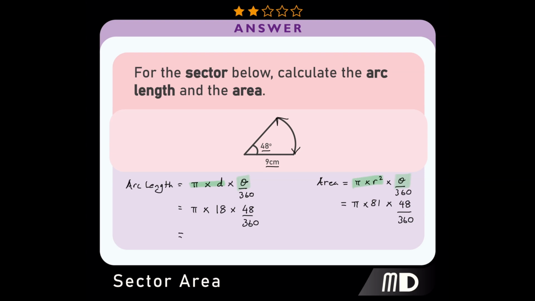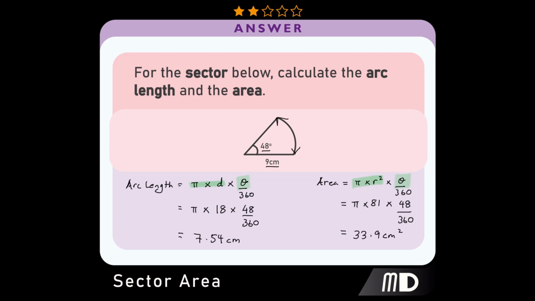So the arc length is pi times 18 times 48 divided by 360, and that gives us an answer of 7.54 centimeters. And for the area, pi times 81 multiplied by 48 divided by 360 gives us the answer